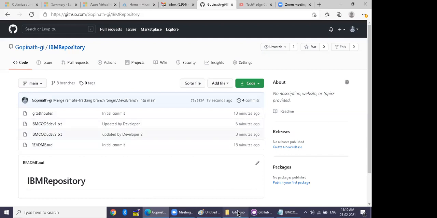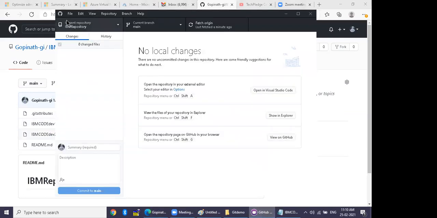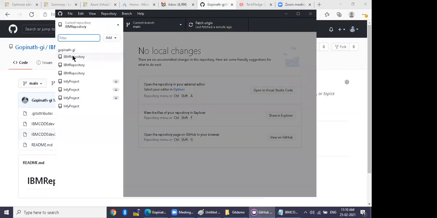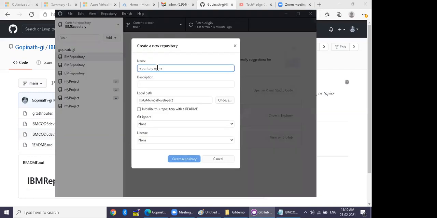Go to your GitHub Desktop, become the team leader first, and create a new repository. Create Apple project. For the description you can type project for Apple iPhone.